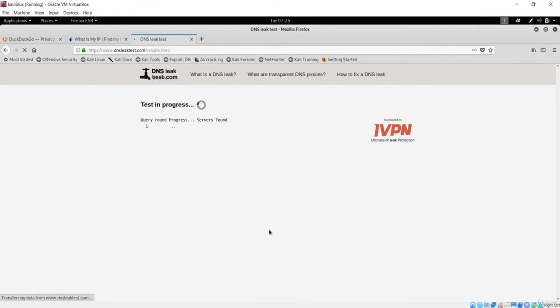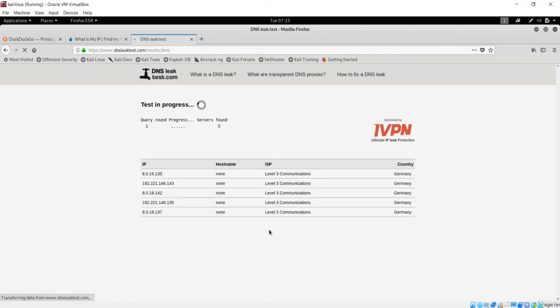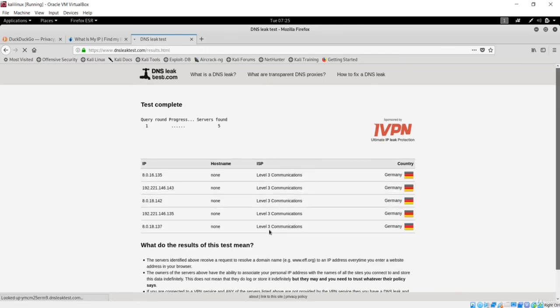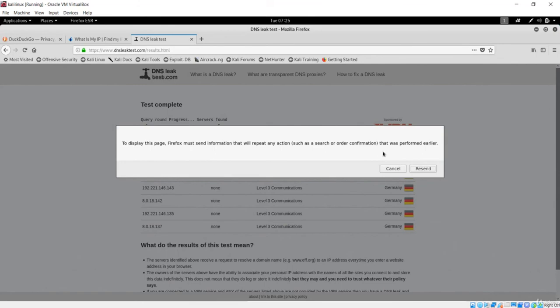This was going to give us the DNS transparency, or basically the information about the actual server before, in the case of that VPN. But now you can clearly see in the case of proxy chains, there is no leak of DNS. It has shown that the server is from Germany, not the actual server, nothing about the internet service provider information. It has given this bunch of IP addresses, level of communication, and you could see that I have the 5 servers found within a minute, maybe within 10 seconds.